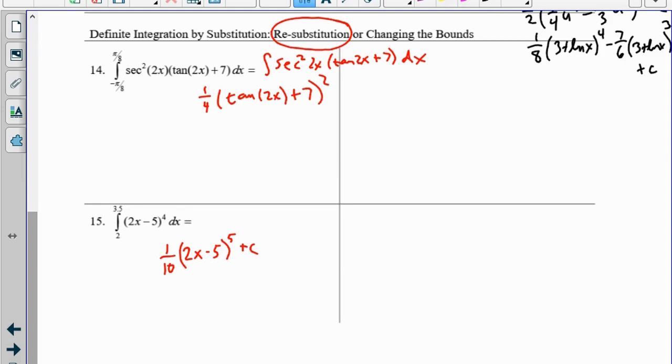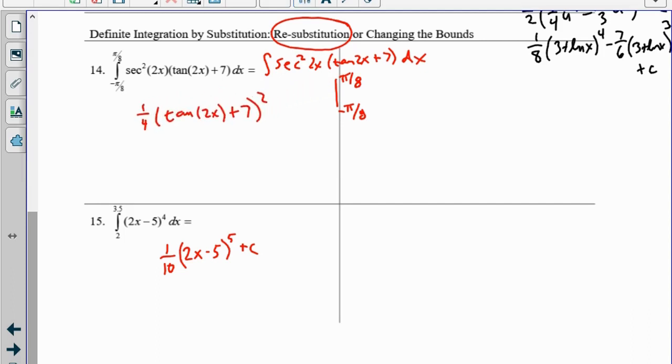And so then once we get this 1/4 tangent 2x plus 7 squared, we then go from negative pi over 8 to pi over 8. So we basically treat it like an indefinite integral. And then when we're done, after we substitute tangent 2x plus 7 back in, now we plug in pi over 8 and negative pi over 8. So in that case, we would have 1/4 times tangent of pi over 4 plus 7 squared